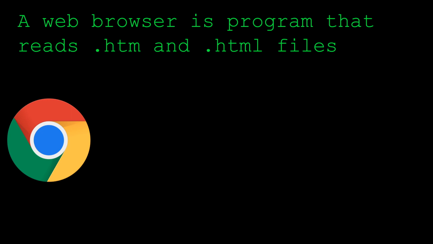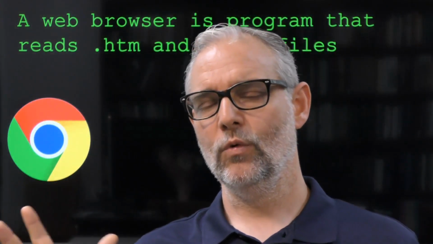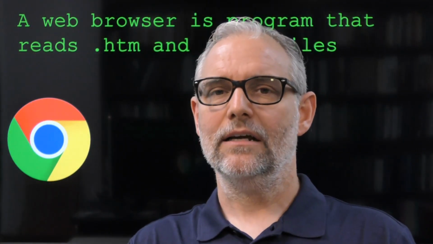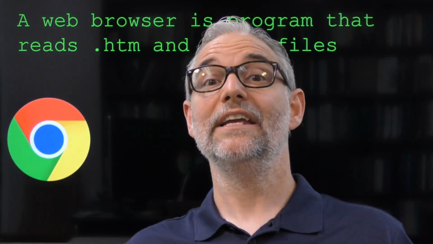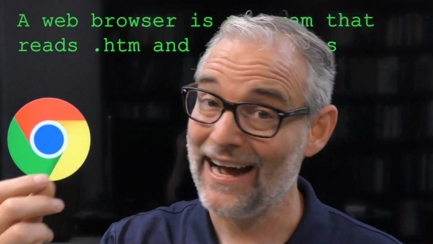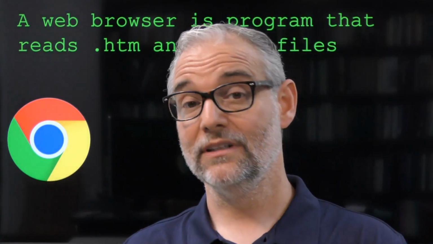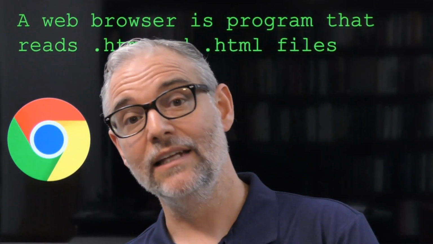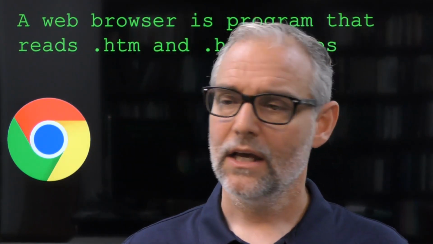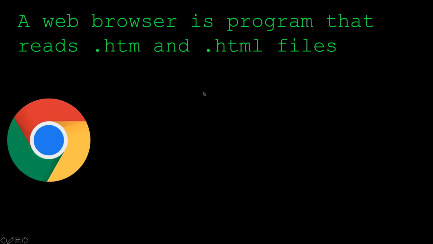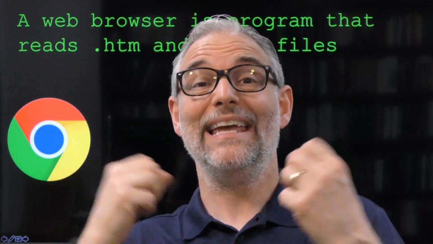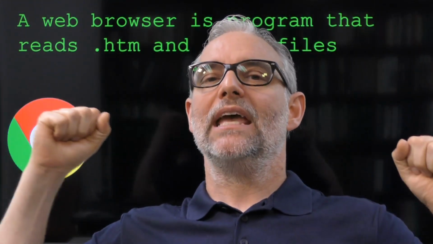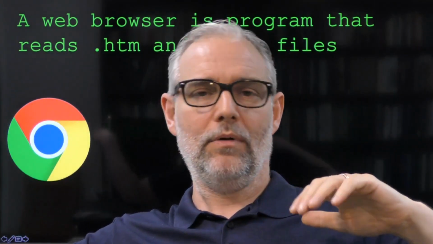And a web browser, one of the differences with web browsers versus other programs is that with many programs, each program has its own proprietary sort of file type and file extension, okay? We looked at that in previous videos, like PDF is Adobe, and .doc and .docx, that's Microsoft Word. The beautiful thing about these .htm and .html files, and the thing that made the World Wide Web explode the way it did, is HTML stands for Hypertext Markup Language.